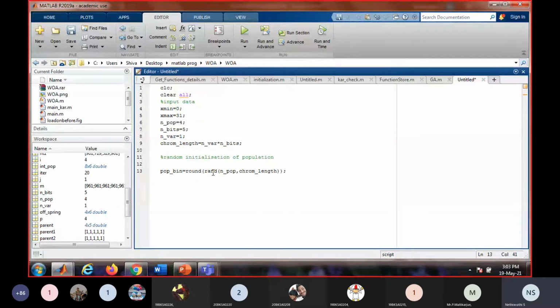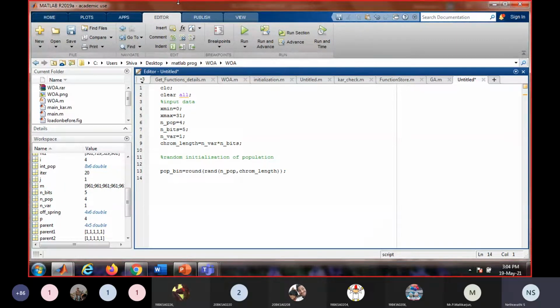Since this rand function generates only decimal values between 0 and 1, if it generates 0.1, this round function will round it off to 0. If it generates 0.8, it will round it off to 1. So we end up getting a population with zeros and ones only.